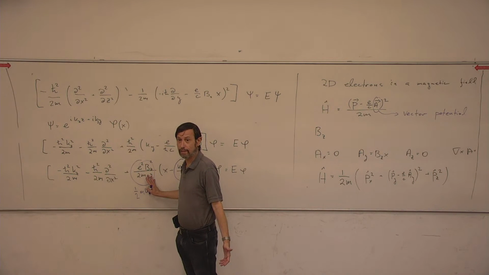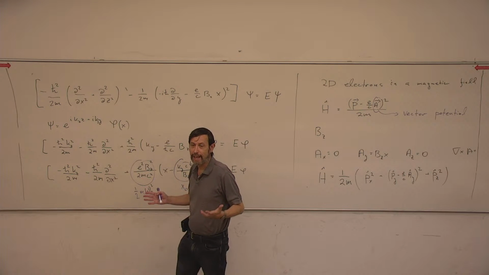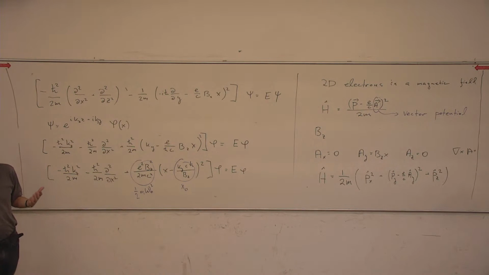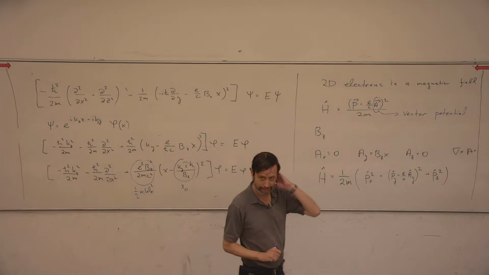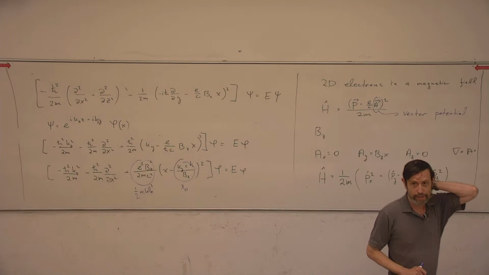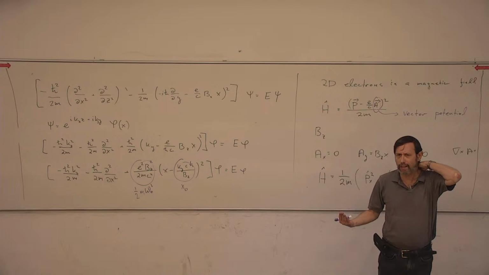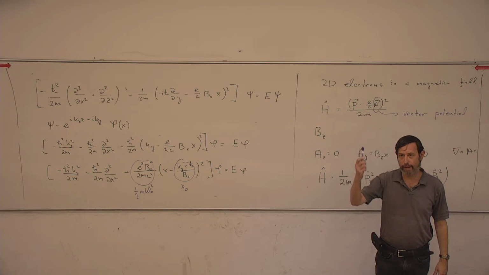Extremely surprising. We started from a problem that, on the face of it, has nothing to do with a harmonic oscillator, and ended up with an equation for a harmonic oscillator. Why is it? What is the physics behind it? Well, it's not a miracle. Let's think about